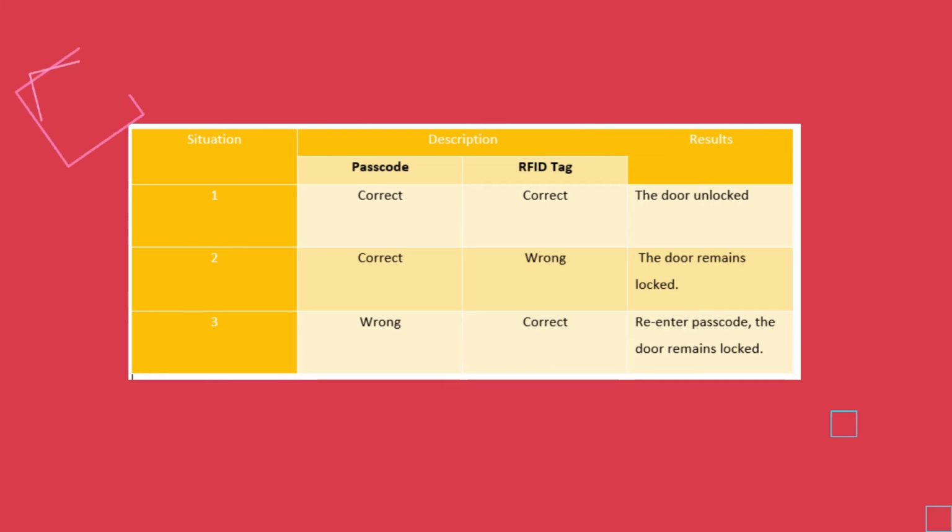In the second situation, we enter the correct passcode, but no RFID tag is scanned, so the door will remain locked. The last one, we enter the wrong passcode, so it will stay totally locked even if the RFID tag is scanned. This will ensure the safety of our box.